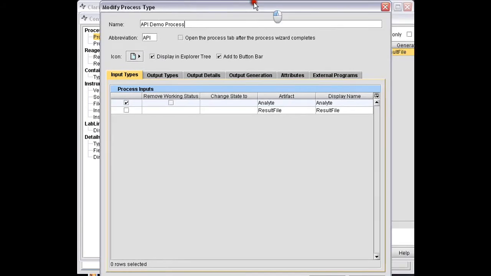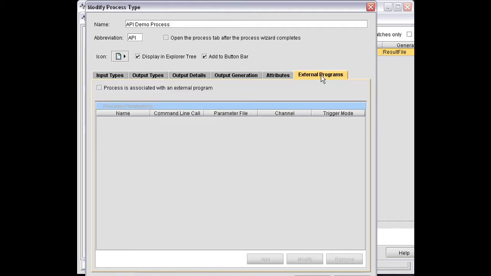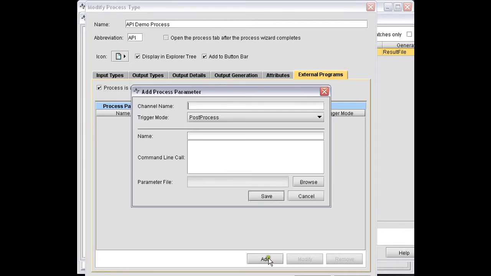Just move this over so you can see it. Okay, external programs, we want to say that it is associated with an external program. We'll now add the command line syntax. So as for the channel name, I'm going to run this on the default EPP node, which is located under the channel name LIMS server. And I'm just going to call this parameter 1, or parm1, and my command line call, I'm going to call bash, and my command is going to